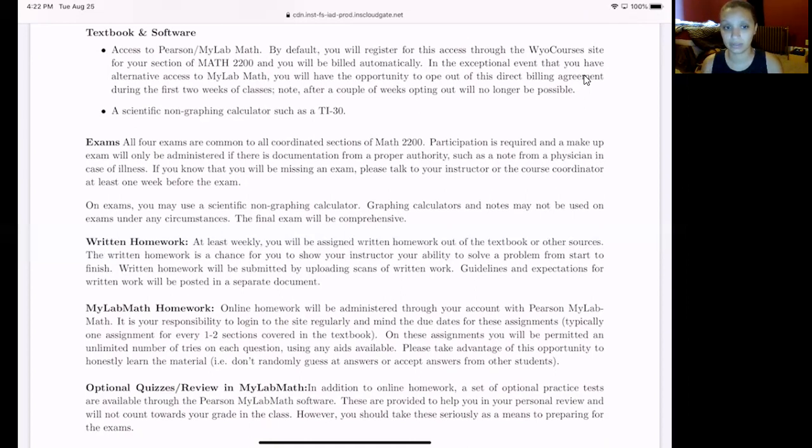as long as it's you doing the work and not someone else. It's really important that you don't just phone this in, because the exams are also going to be through Pearson. So getting used to the whole setup is really important.